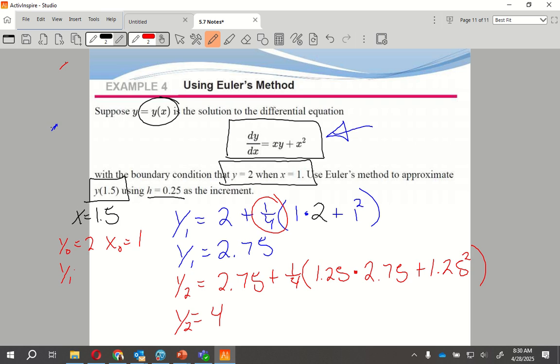Y sub 1 was 2.75 when x sub 1 was 1.25. Does that make a little bit more sense, showing it item by item as I go? All right, so that means that y2 was 4